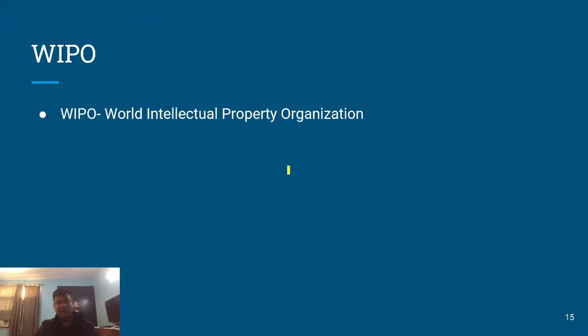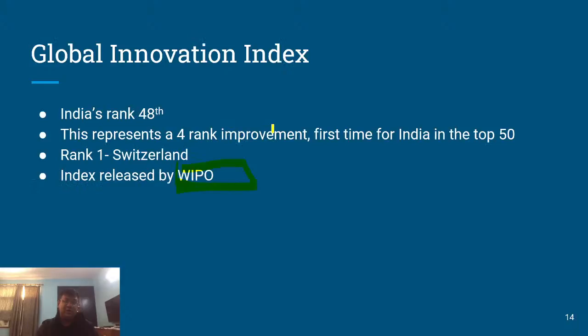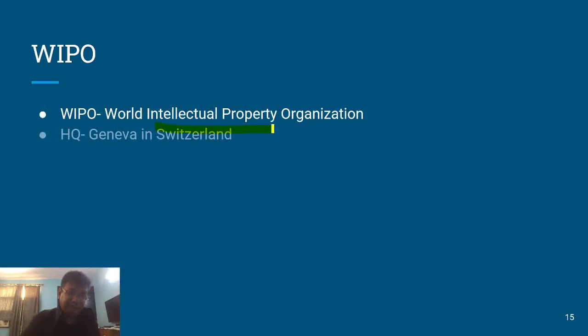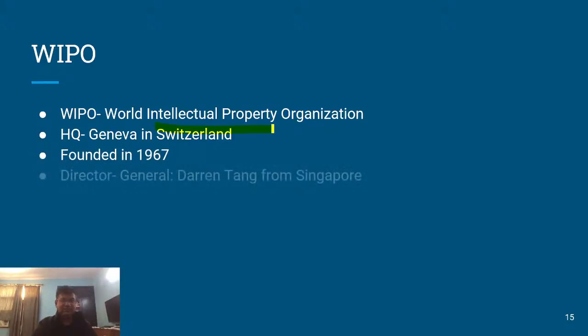Right, so what does WIPO stand for? Let's understand. WIPO is the World Intellectual Property Organization. As you can understand, it is the body which handles all intellectual property. So innovation obviously is something which looks into intellectual properties. That's one of the best ways of measuring this. The headquarters are in Geneva, Switzerland, like several other UN bodies as well. It was founded in 1967,